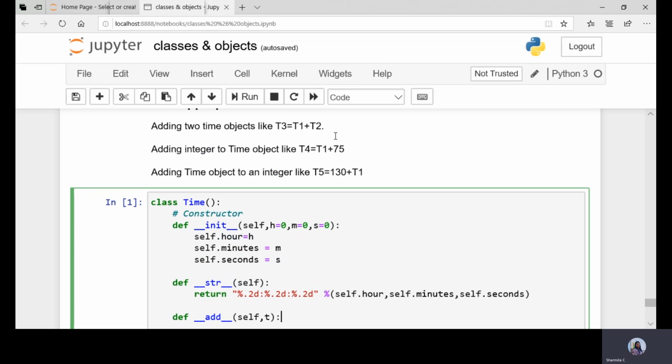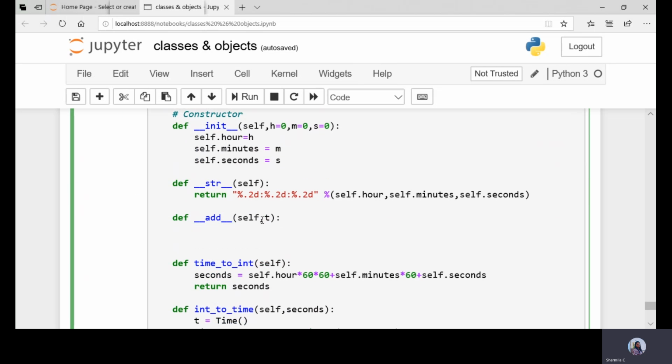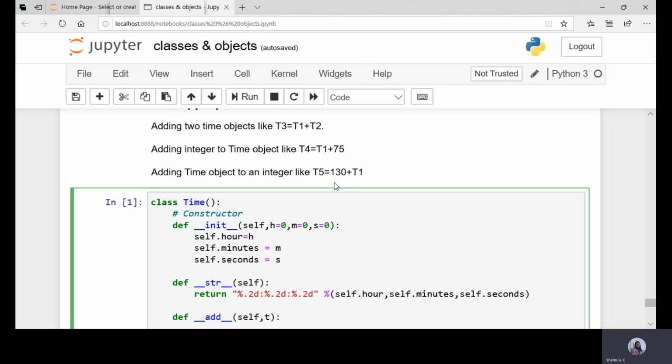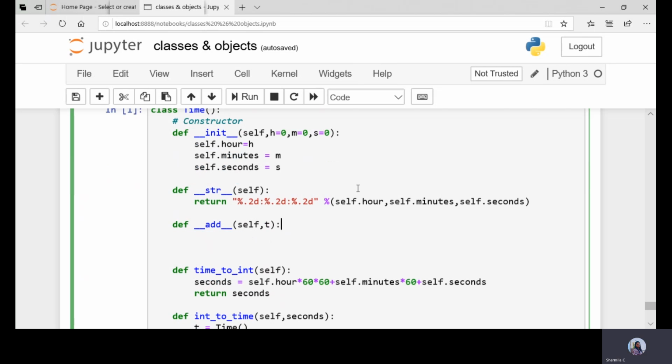If these two are objects, then perform the addition between two objects. If one is an object and the other one is an integer type, then take this, add it to seconds, then convert that again to the time format.